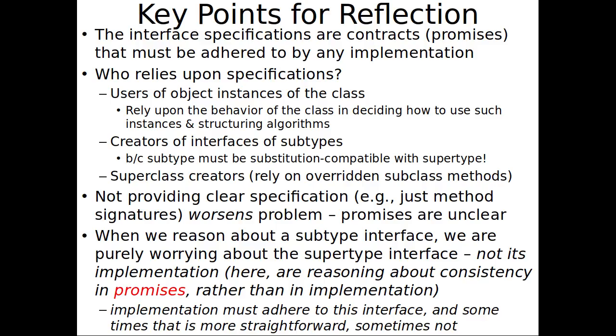Another set of parties that might use these interfaces, these specifications, are creators of subtypes. Because they have to be able to be used as if they were an instance of the supertype safely. So they need to reason about that interface as well. Deduce: what could someone reasonably infer from that interface? What could someone reasonably conclude? And they have to adhere to those things, right? And as we'll see,